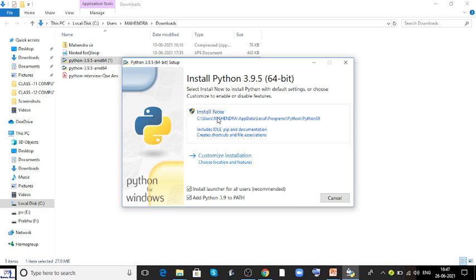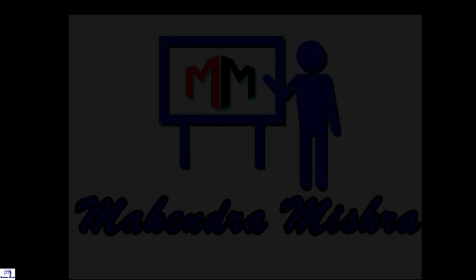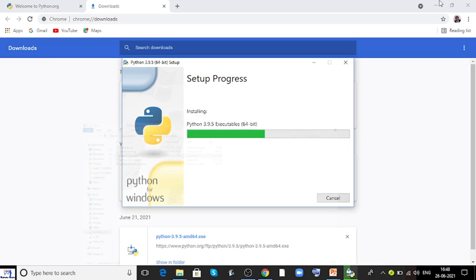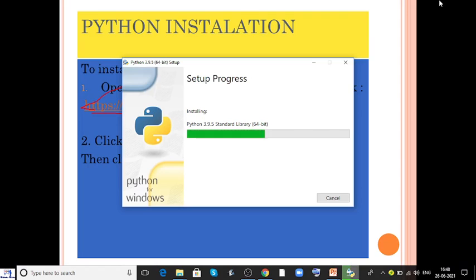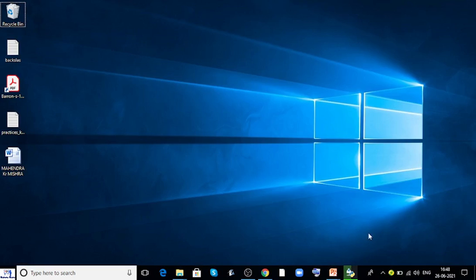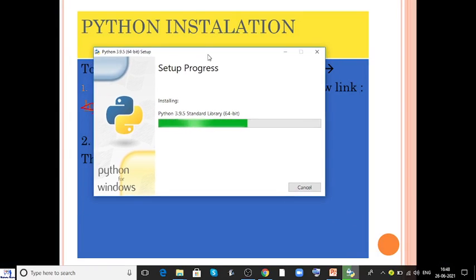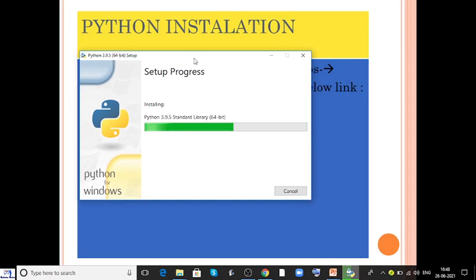Now you need to click on the install now option, press yes. Now it is installing. The setup process is going on. It will definitely take some time, so you need to wait.